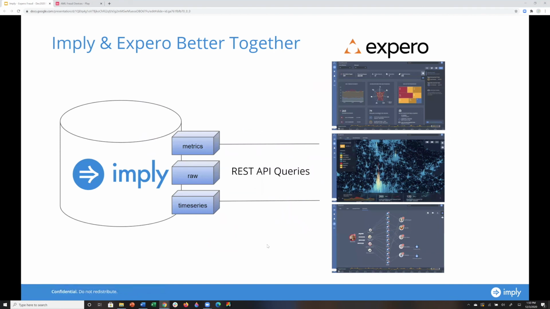So how do we then make the customer experience a lot better? Well, Imply and Expero can be used together to give the customer that extra boost for making the detection of anomalous transactions better. When you saw earlier, the benefit that you can get actually goes up to 16% improvement. And so having the combination of Expero solution and Imply gives you that 16% improvement to detecting anomalous transactions,